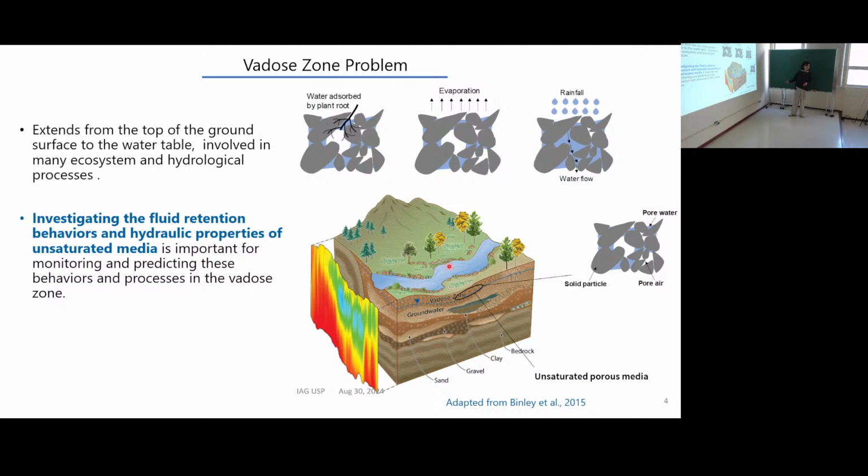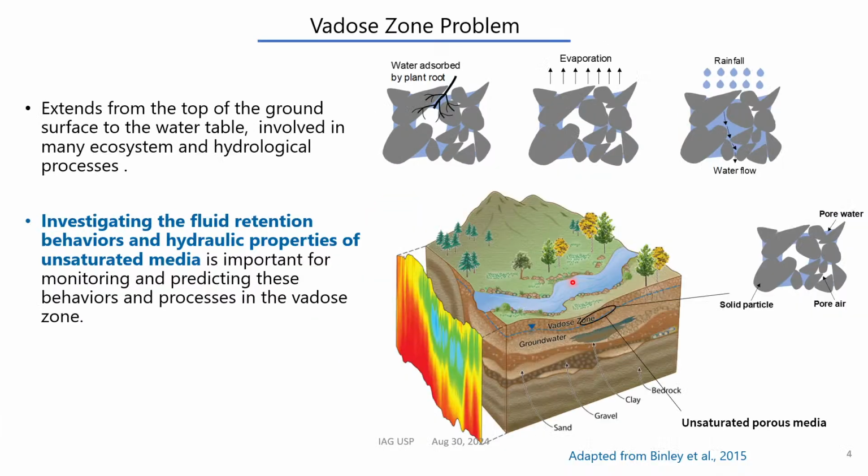Many of the geophysicists are focusing on the soil, for example, looking at the soil moisture and linking the soil moisture with the geophysical signals. This is so-called soil moisture monitoring. But this is highly linked with how much water is absorbed by the plant, and also linked with evaporation, transpiration, and also rainfall and